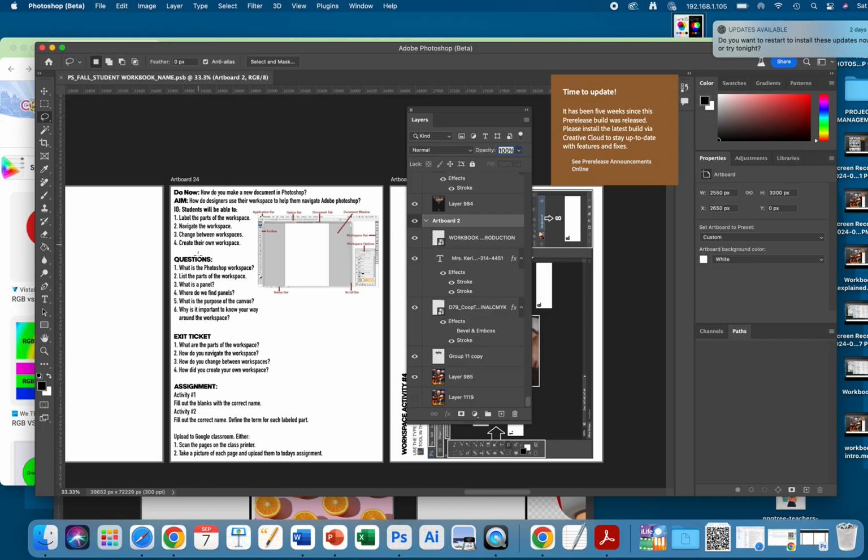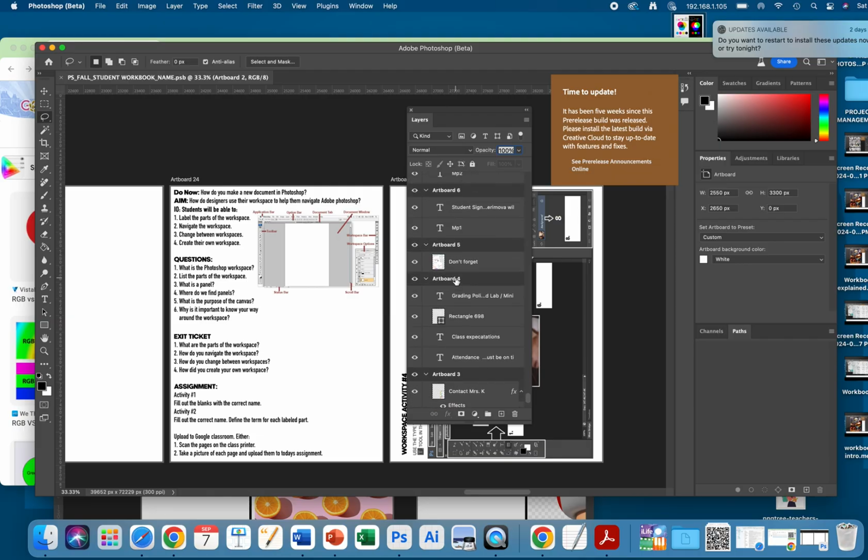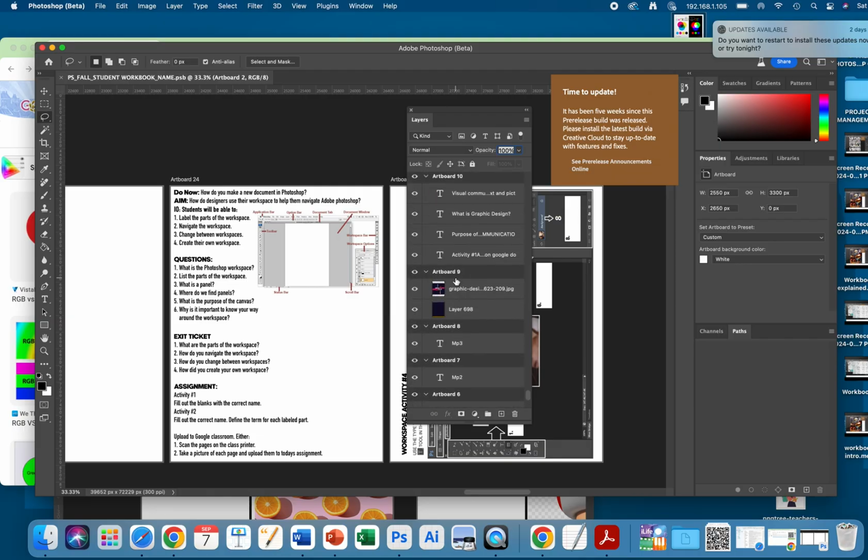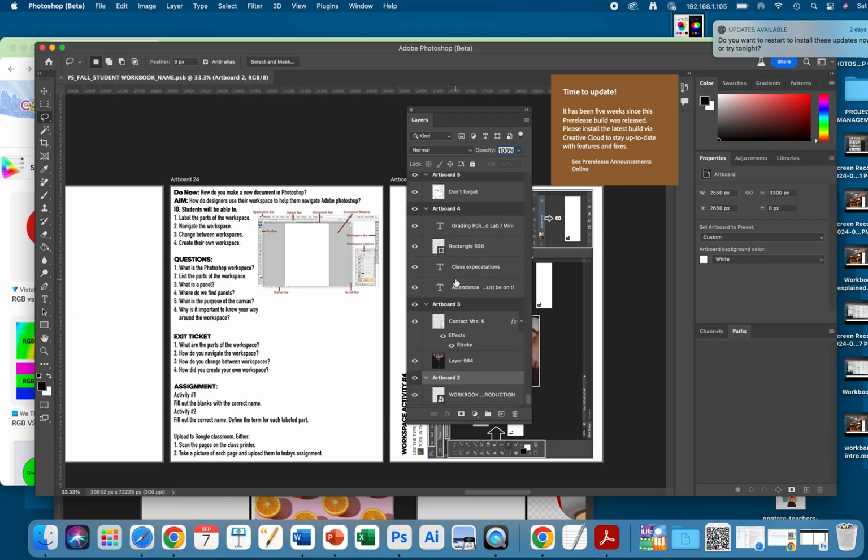Just a recap in case I didn't say it prior, an artboard is when you have multiple pages in your document. Layers is all the things you have on the page, okay? Basically, when you're working in Photoshop, you want everything you're adding to your page, whether it's text, images, shapes, or objects, you want them all to be separated like I have in my panel here. Okay, now why do you want them to be